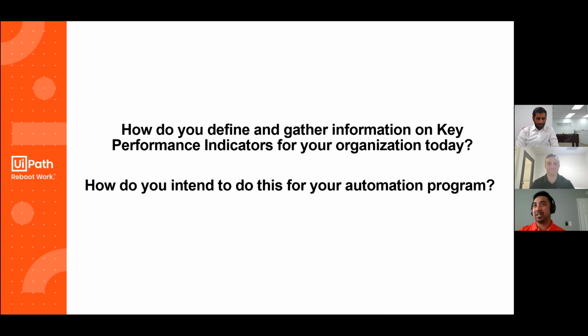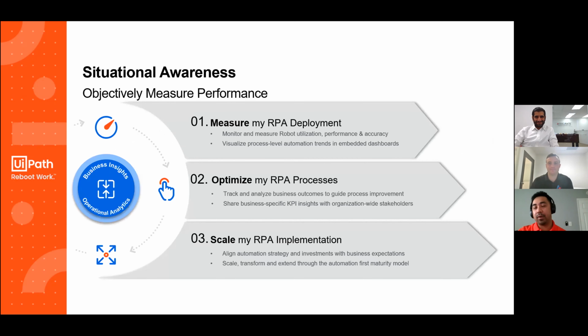So we want to make sure that we're getting the most use out of them. So three things we're trying to solve for here. We're trying to measure your RPA deployment. We're trying to optimize your processes by understanding some analytics around it, and then understanding what to fine tune. And by doing that, you scale your program, right? And we do all of that through this product that we call Insights to get you those analytics